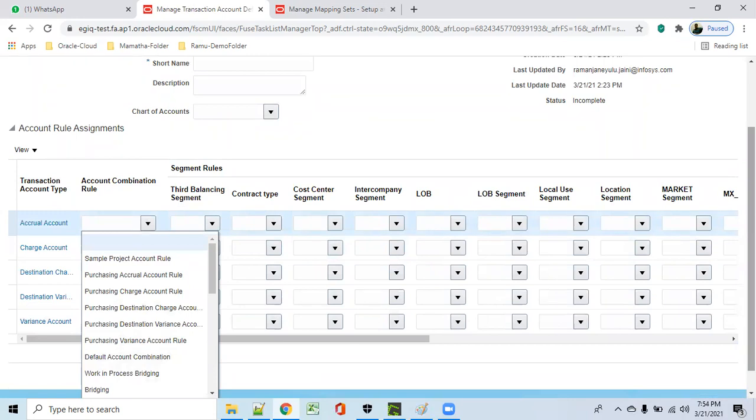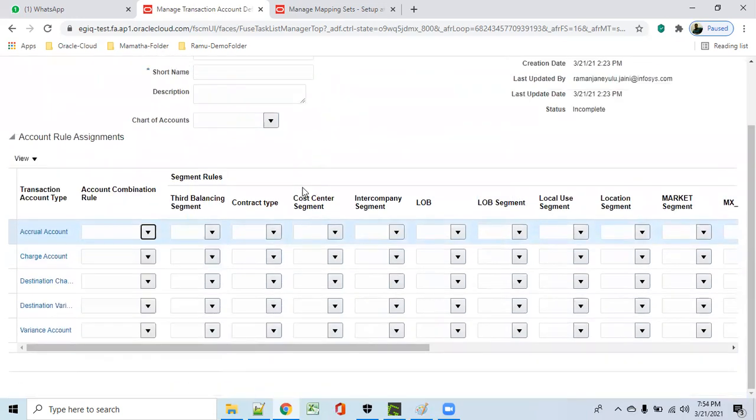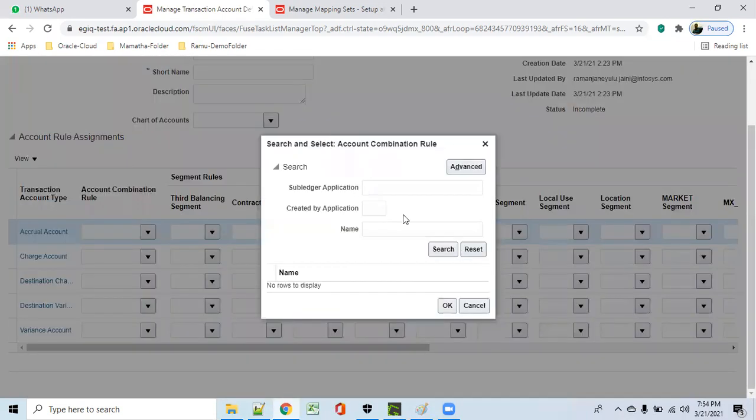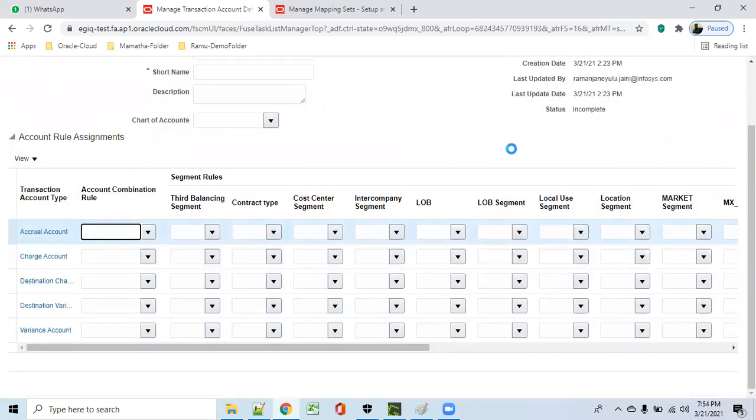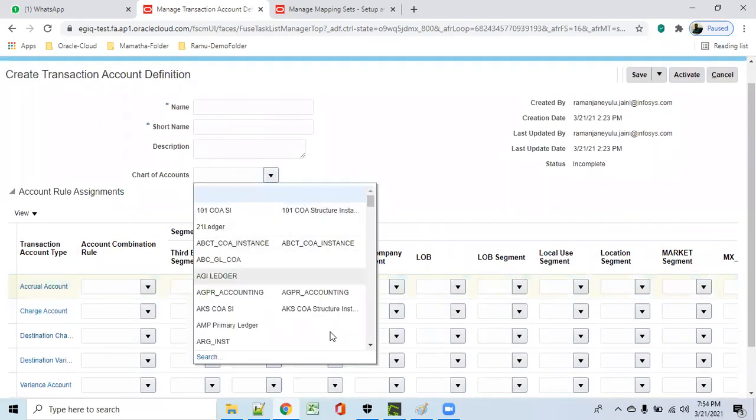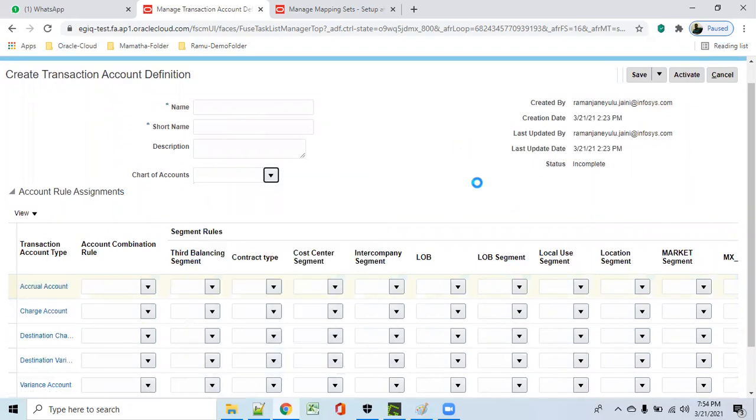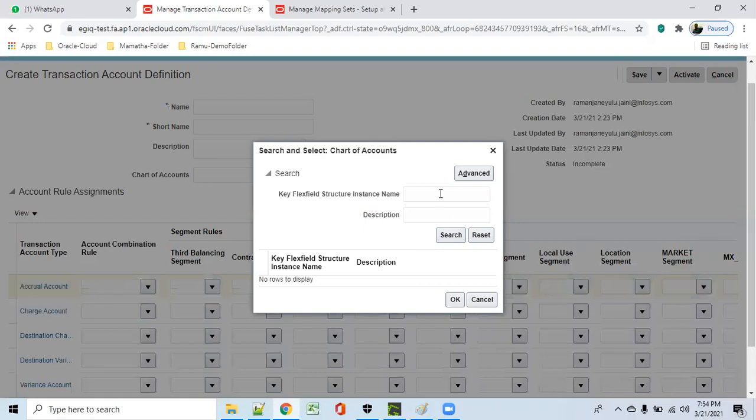Then you select whatever name you have given. So it's still not coming. Why is it not coming? Because we have to select the chart of account here. BMR COA.